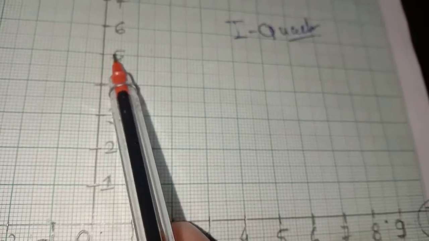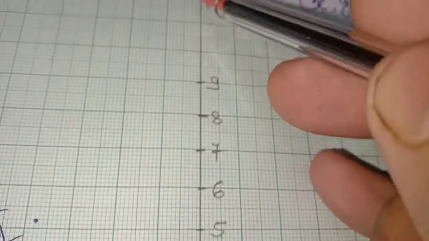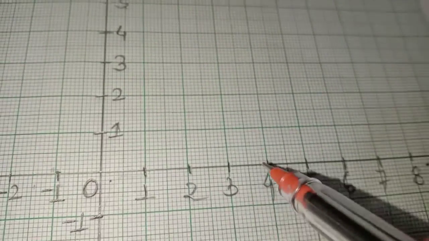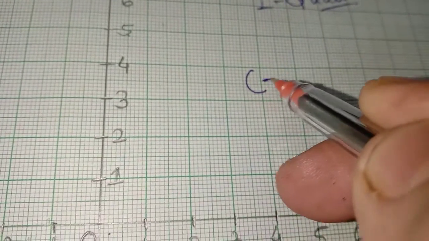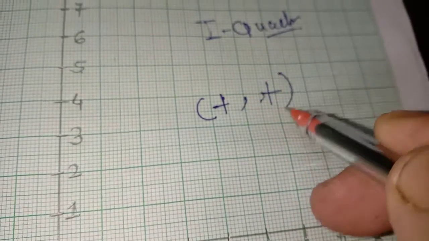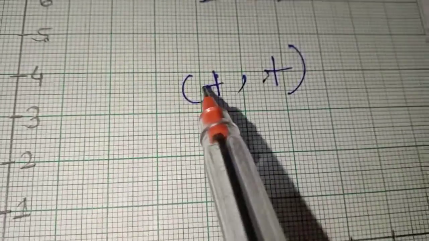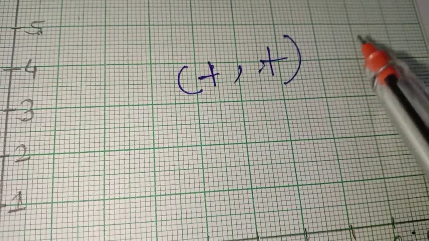But how will we do it in the graphical system? Now let me give you the notation of signs in the first quadrant. You can see here, this is the x-axis and this one is the y-axis. So in the first quadrant you'll find that the x-axis is positive as well as the y-axis is also positive. Clear? You can see clearly, in the first quadrant x is positive and y is positive. Please remember it. It will be helpful for you next year.